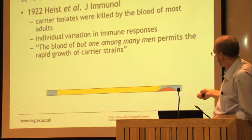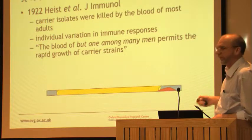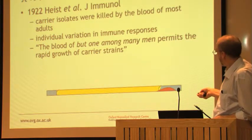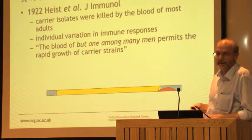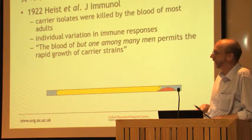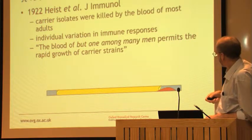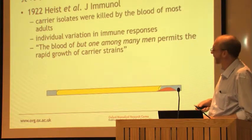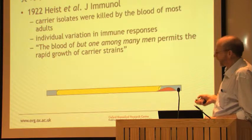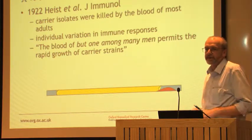They had a glass tube, they squirted the blood in, it formed a clot, and they added the bacteria. The people whose blood killed bacteria ended up with no bacteria alive when, the next day, they opened up the glass vials. For the other people who didn't kill, they would be able to culture the bacteria the next day. These experiments were incredibly important because they really set the scene for where we are now in understanding immunity